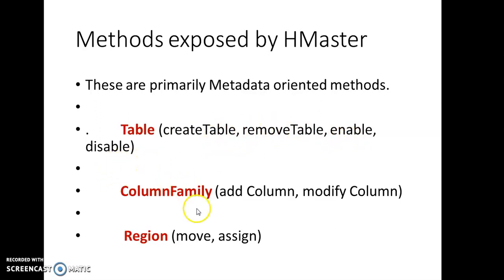Then column family contains add column and modify column parameters. These methods are invoked to add a column or make any changes in a column. The final method is region. It contains two parameters. The first one is move, which is used to move the regions. The second parameter is assign.